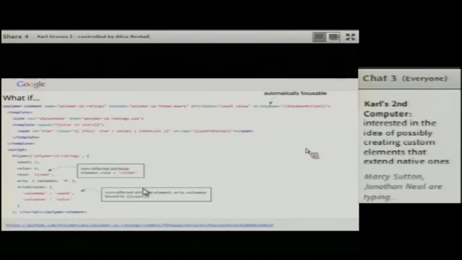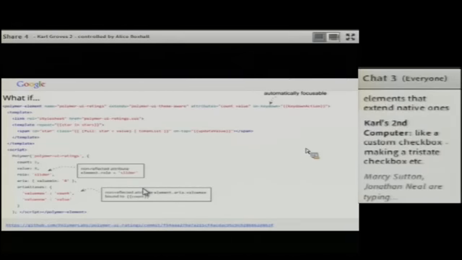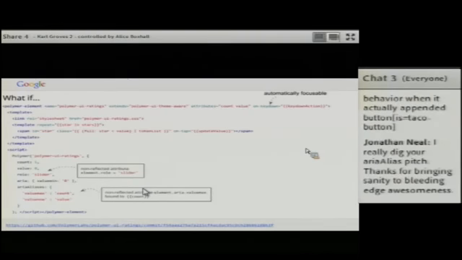Actually, it could get quite absurd if we had several levels of extending. Custom checkbox. Yeah, extending native elements would be really interesting.